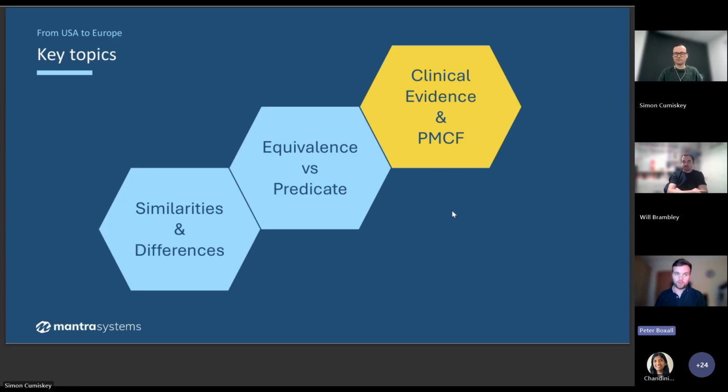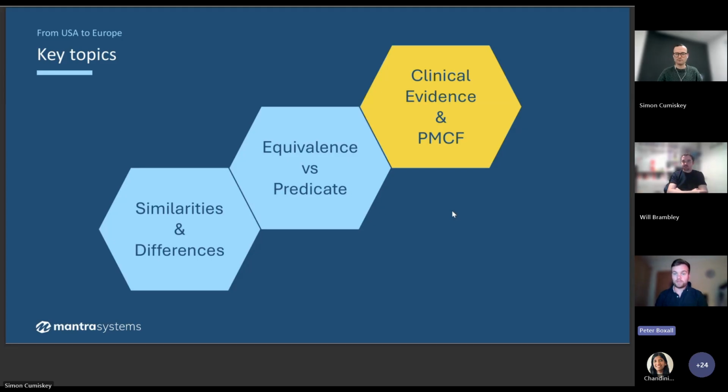Hopefully on achieving your CE mark, you'll then need to be aware of the need to continue to assess clinical evidence going forward through post-market clinical follow-up. So post-market clinical follow-up really is a means by which to assess and continually evaluate the long-term safety and performance profile of your device. There's a few reasons why it makes sense that this is a requirement. One is that